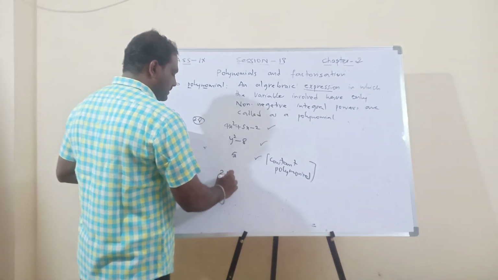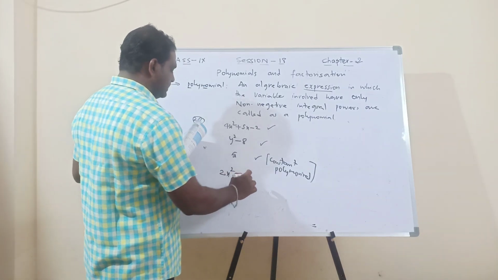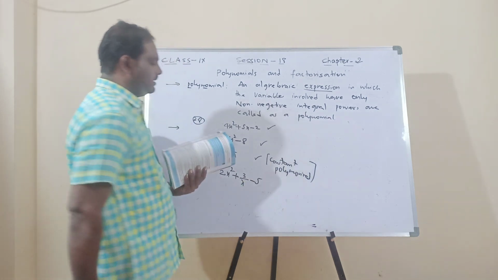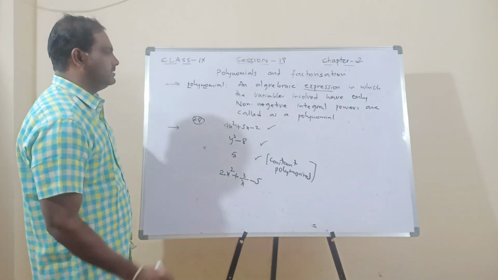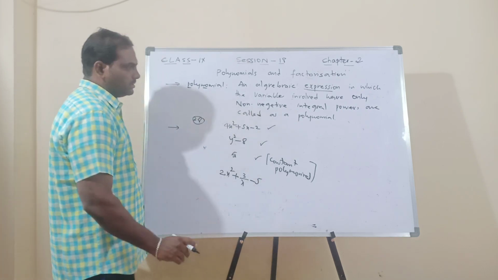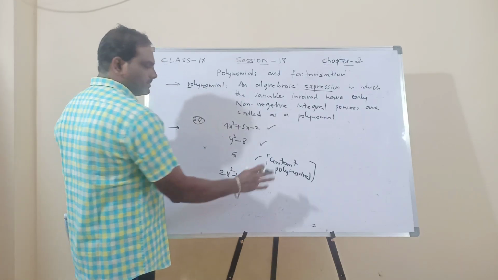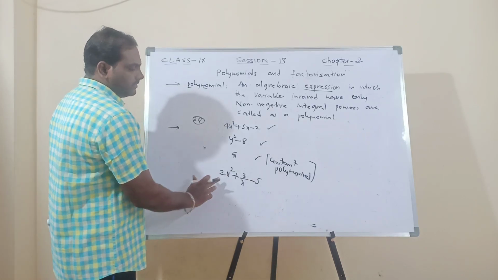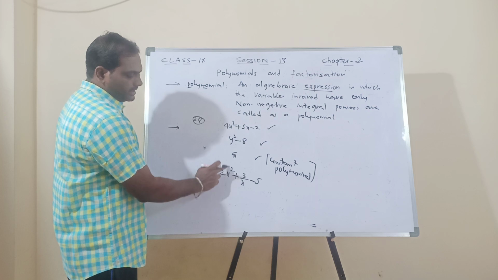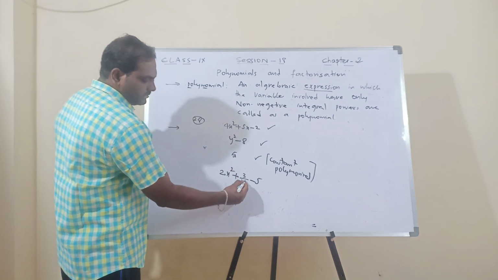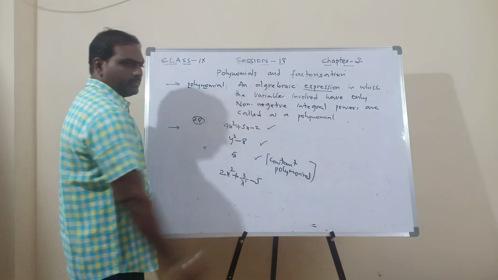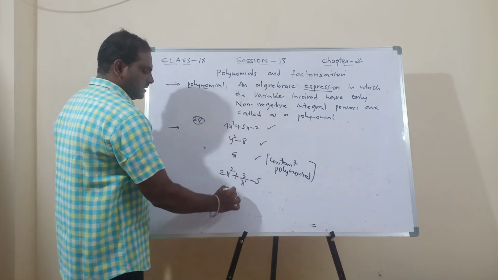2x square plus 3 by x minus 5. Whether it is a polynomial or not? So all the students will write yes. Why they will write yes, I will show you. They will think that first of all it is an expression, and second thing is the variable power. Here it is 2 and here it is x power 1. So all the students will write yes, it is a polynomial, but it is not a polynomial.